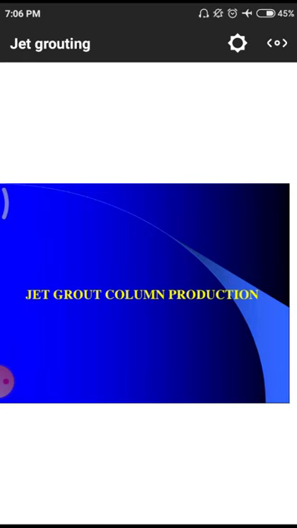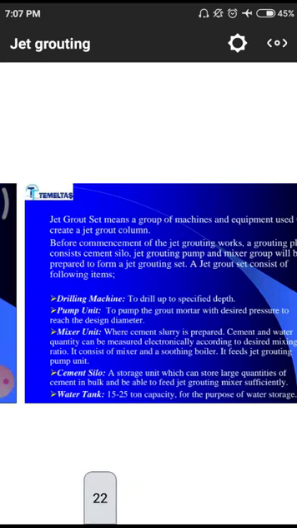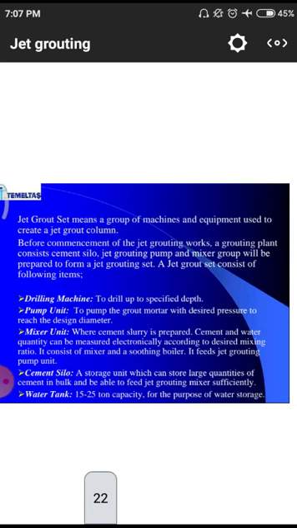And how will this jet grout column production take place? First of all, the jet grout column is produced in 5 steps. In those 5 steps, first of all, we have to go for the drilling machine. The drilling machine simply drills the material. After that, the pumping unit simply pumps the mortar from the carrying vehicle to this drilled portion. After that,